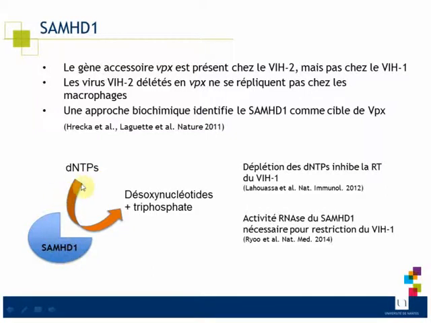Once SAMHD1 gets activated, it will degrade the dNTPs into deoxynucleotides. dNTPs, you need them to synthesize DNA, right? So a retrovirus comes in with its genome. It's got a reverse transcriptase. It's got to synthesize DNA. It needs dNTPs. So this works against retroviruses and DNA viruses because it starves them of dNTPs and prevents them